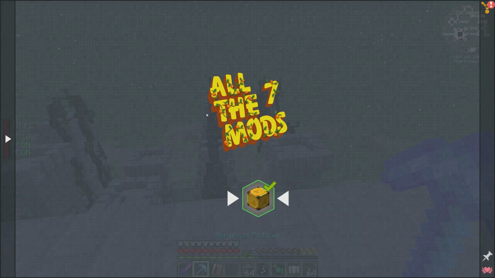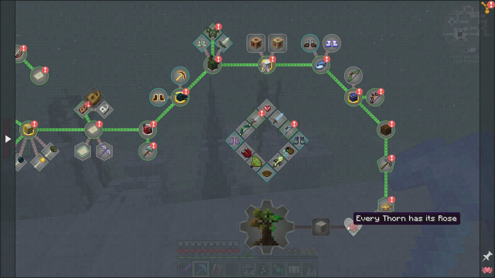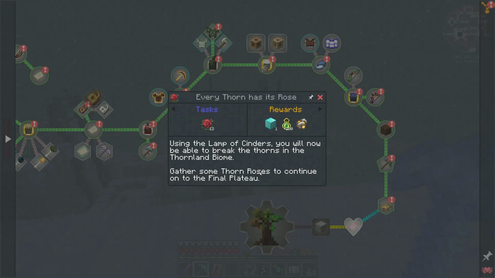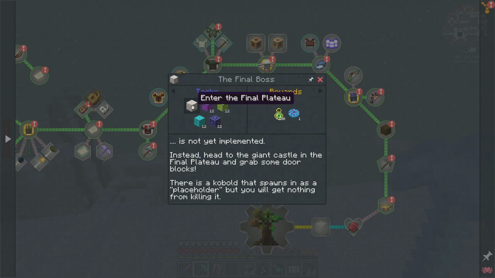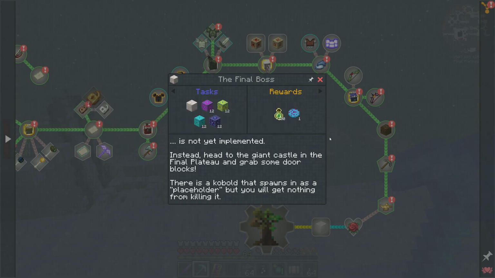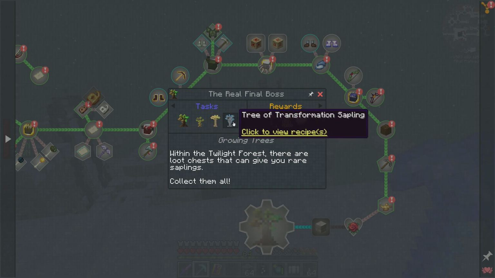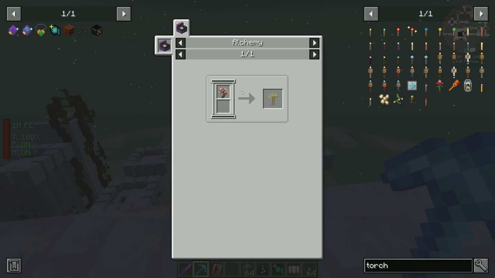There's not really too much left to do in here other than exploring. What is this? Every rose, using the lamp of cinders, be able to break the thorns in the Thornlands. This is saying enter the final plateau, grab some doors, and you get a biscuit of totality. And then growing the trees. Within the Twilight Forest, there are loot chests that can give you rare saplings, like the miner's tree. This tree gets you...